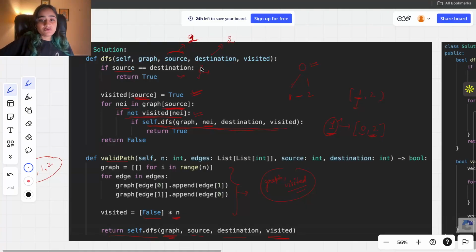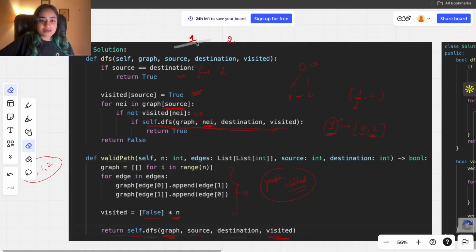Now we will check again, is my source equal to destination? Yes, my source is 2 right now, because every time my source becomes the next neighbor, from there I'm trying to search for more paths. So my source is 2, my destination was 2, they match, and then we return true.